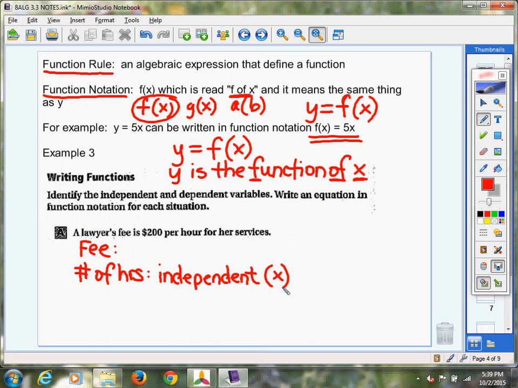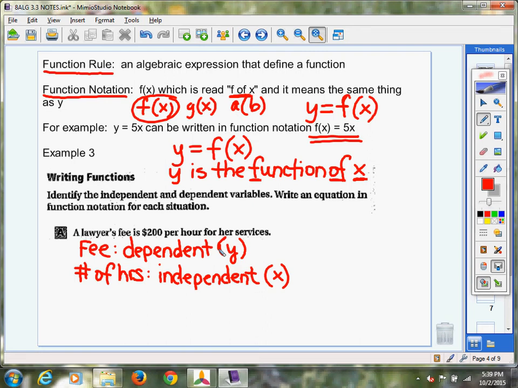And then my fee depends on that number of hours. So this is my dependent variable, and that's my y. We learned in the last video series that dependent variable is your range, that's your y, that's your output. Independent variable is your x, or your input. Okay? All right, so now we know what x is, now we know what y is, and now we're going